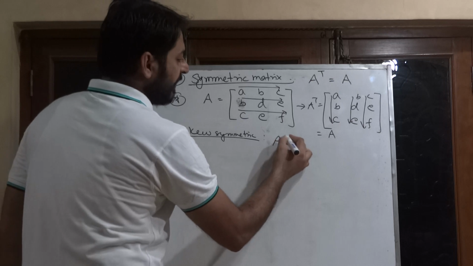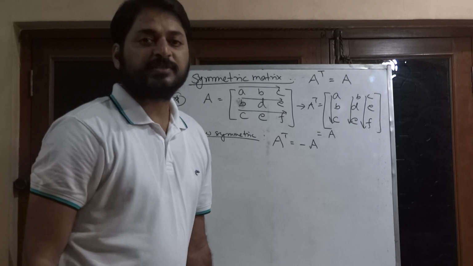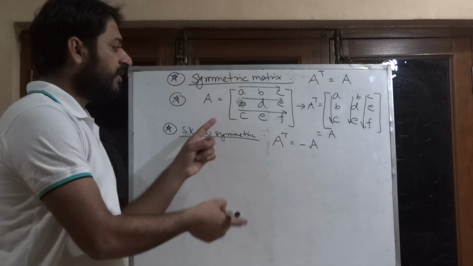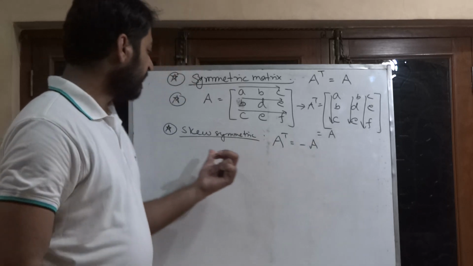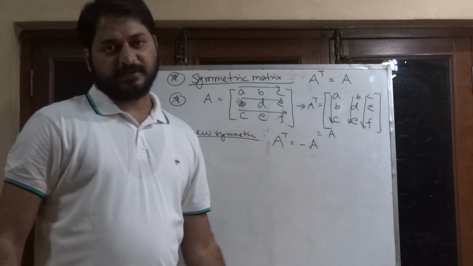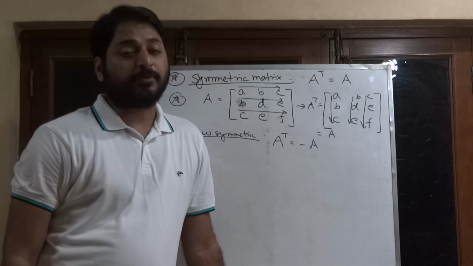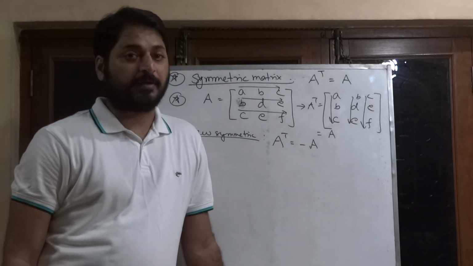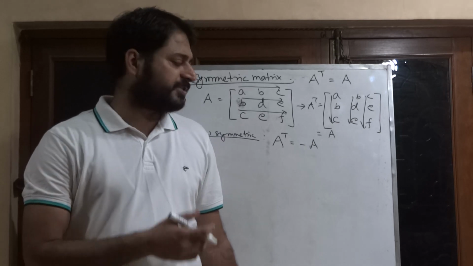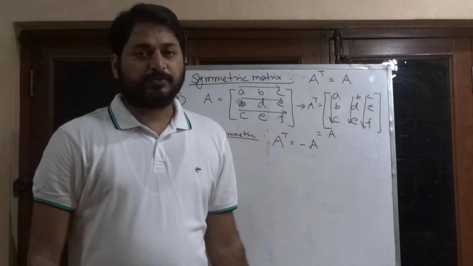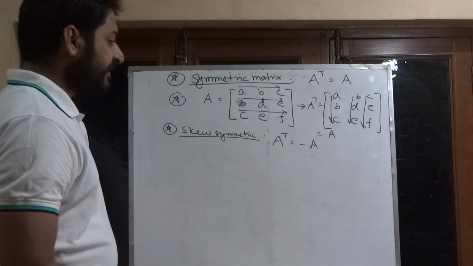When the transpose of the matrix is the negative of the matrix, then the matrix is known as a skew symmetric matrix. That is, if you transpose the matrix, you will again get the matrix which is the negative of the matrix itself. That is a skew symmetric matrix. Now, with the skew symmetric matrix, there are certain properties which are very helpful in competitive exams. In board exams, you will not get a sum based on this, but in school competitive exams, you may get a sum on skew symmetric matrix like this one.